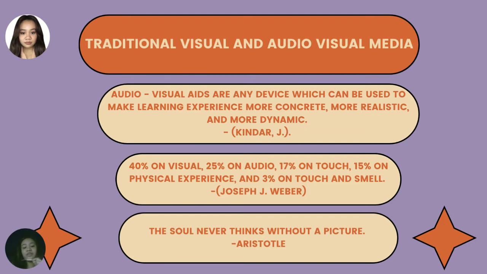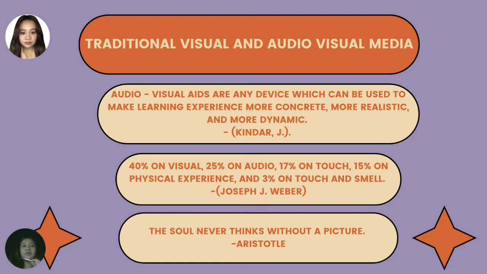So to start off, we all know that we are all different. Some people are audio learners. They respond to information presented in auditory form, and that is by hearing information, right? And others are visual learners and they respond better to information presented via their visual sense, and that is by seeing.